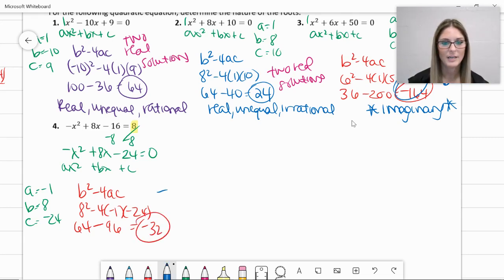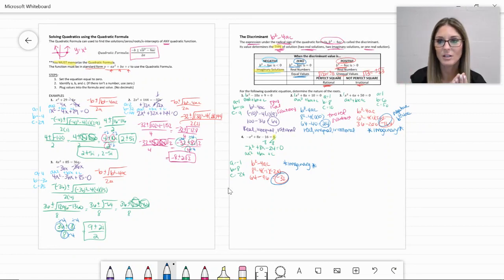So that means, again, we have imaginary solutions. Whenever you get a negative, you have imaginaries. Okay? And that's solving quadratics with the quadratic formula. Again, there are multiple ways to solve a quadratic. We are going to use the quadratic formula because the quadratic formula is the only way we can solve if there's imaginary solutions. And the only kind of quadratics they're going to ask us in Algebra 2 are ones with imaginaries,